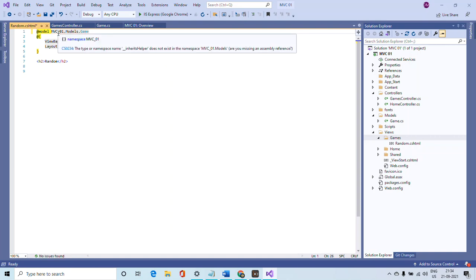So as you can see, it is again the namespace, and finally basically this defines the model class,